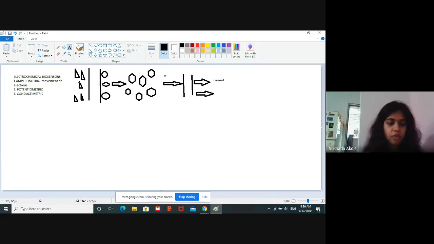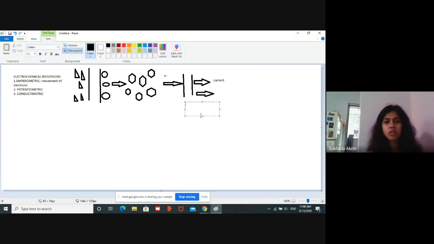Now, if we look at the blood glucose biosensor, it looks like a pen with a needle, right? You prick it and the blood that falls on the sensor's strip gives you the reading. So what does that strip have? It has an electrode, which is a silver and silver chloride electrode.